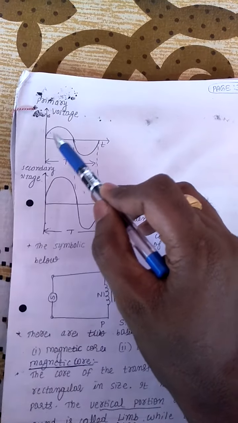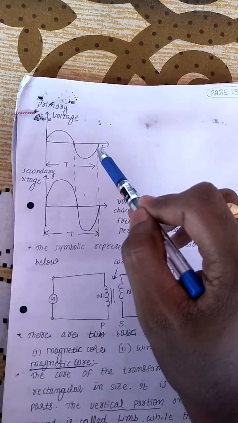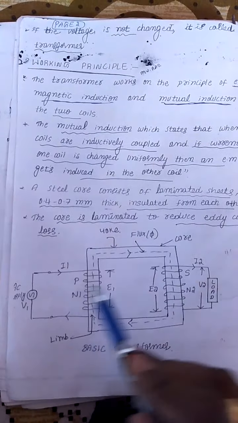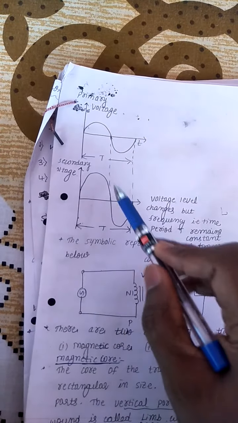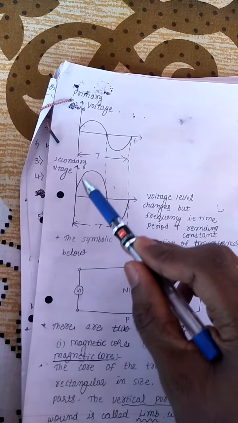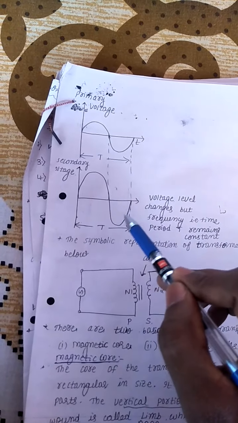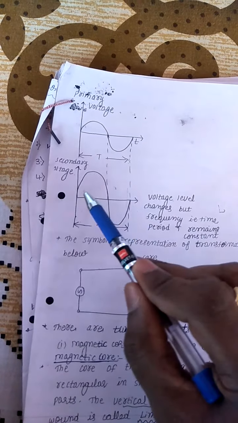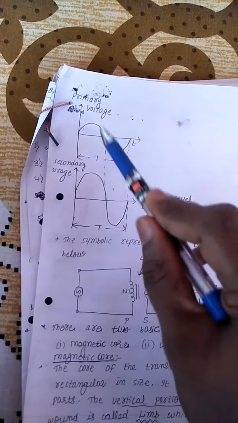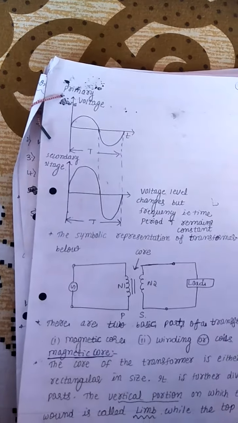So if this is the voltage at the primary side of your transformer, then the voltage at the load, the secondary side, is this one. Here I step up the voltage, I increase the voltage, without change in the frequency. The frequency of both signals remained the same.